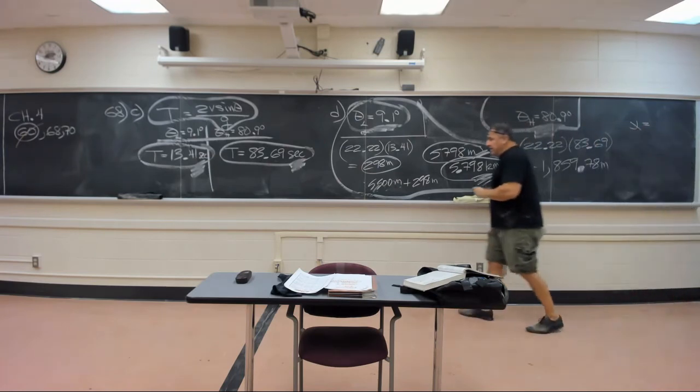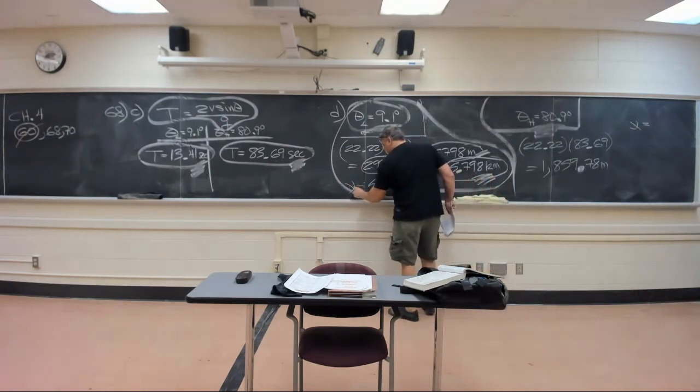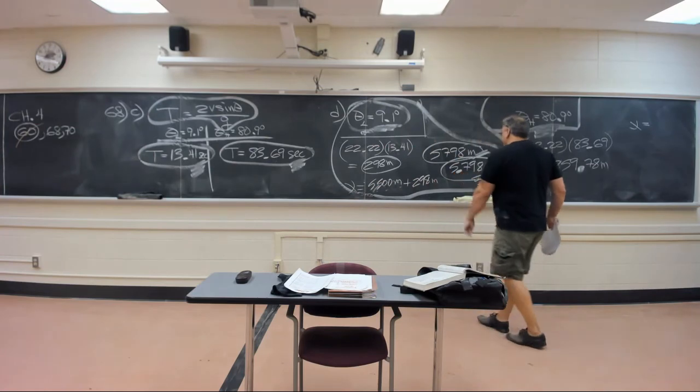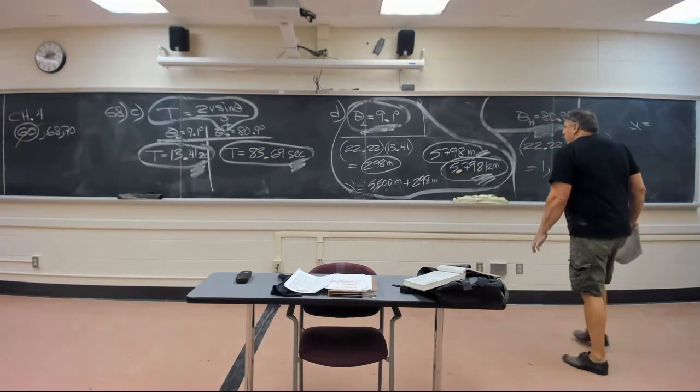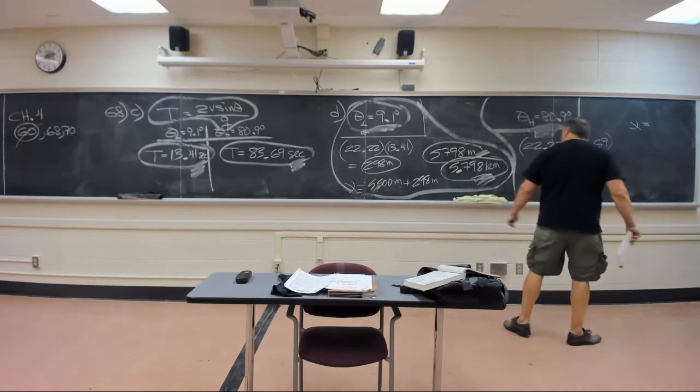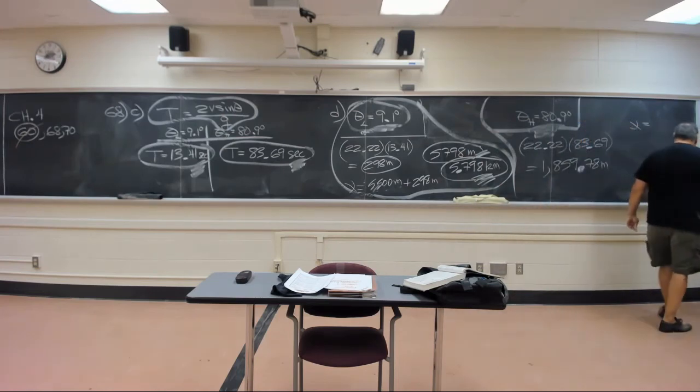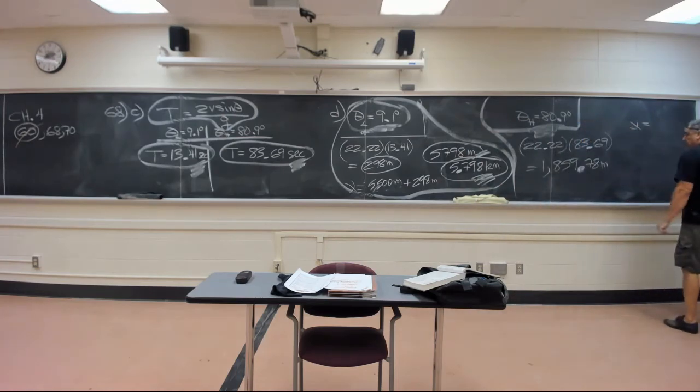At the end of the day, this was the total X distance away for this guy. It came out to almost 5,800 meters, about 5.8 kilometers. The other one is, you take this, 1,859.78